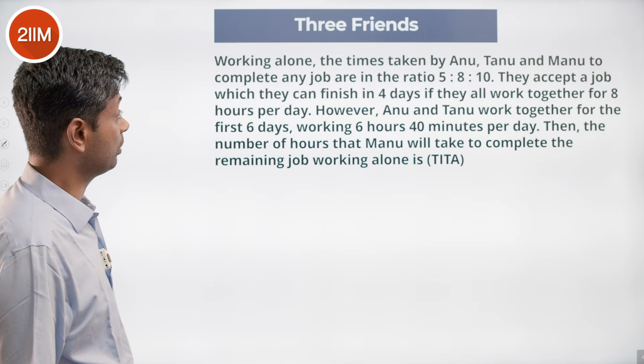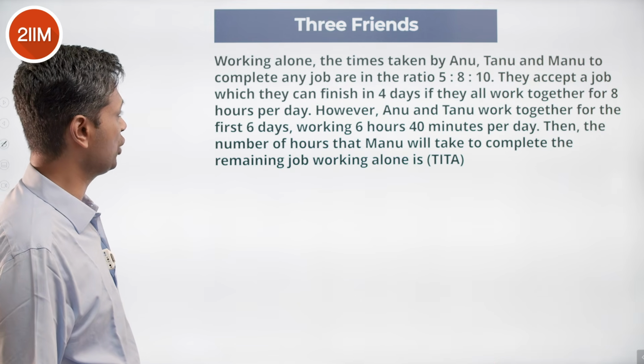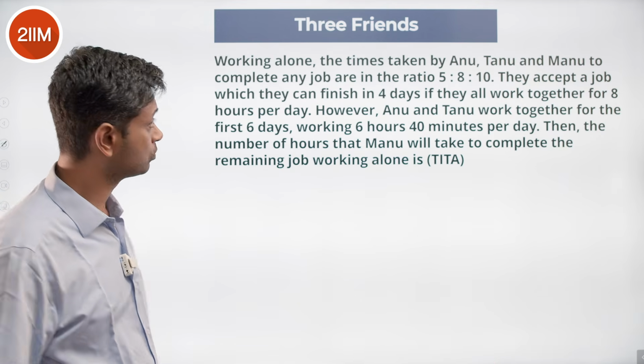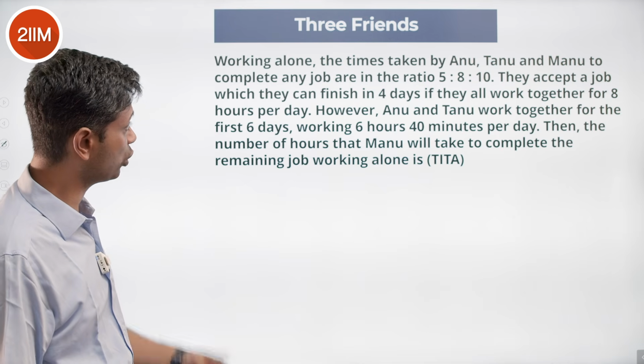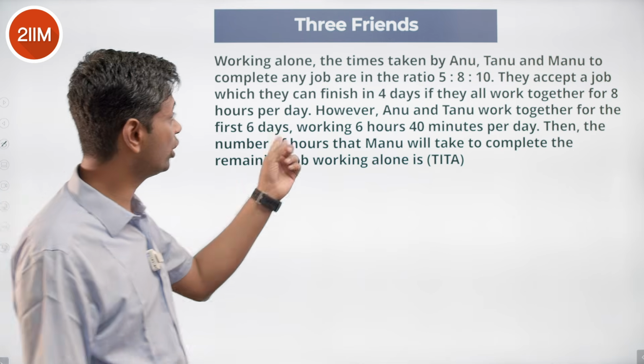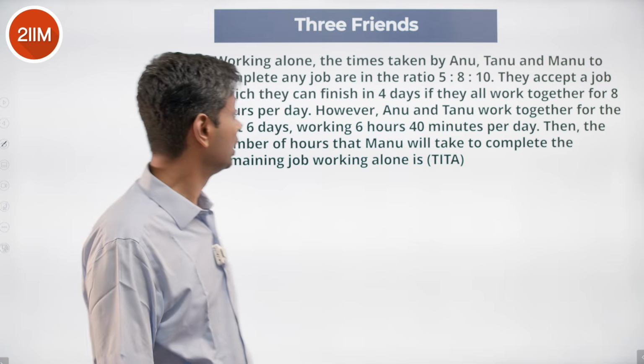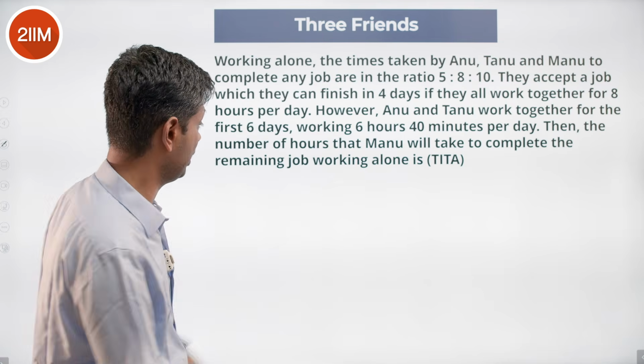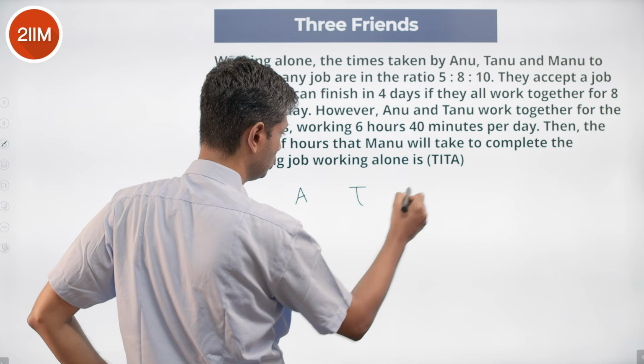The times taken by Anu, Tanu and Manu to complete any job are in the ratio of 5:8:10. They accept a job which they can finish in 4 days if they all work together for 8 hours per day. That is 4 into 8, 32 hours. And remember, this is the ratio of the times taken. So Anu, Tanu, Manu,